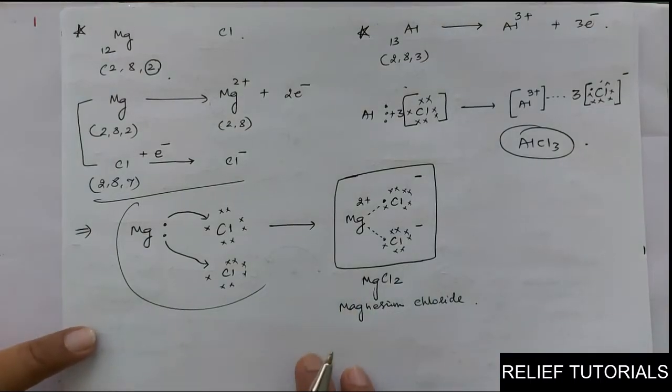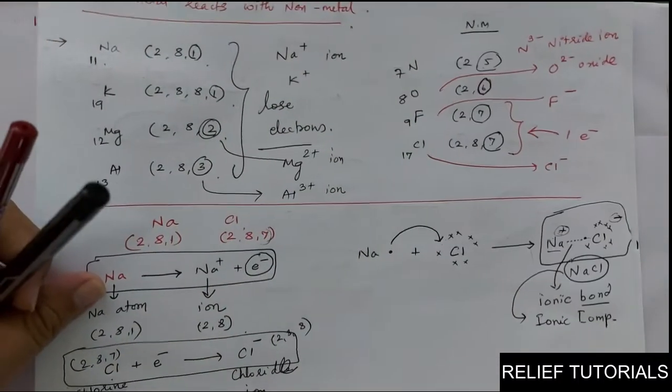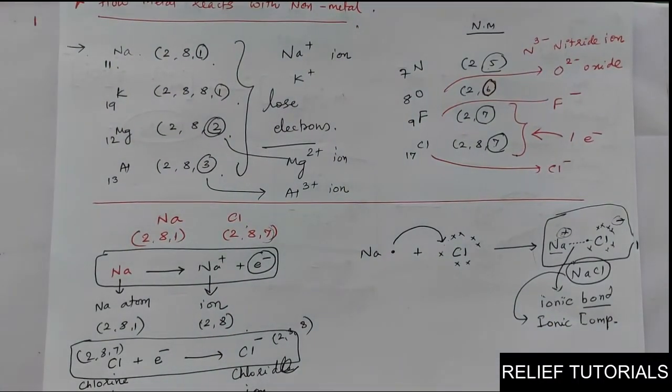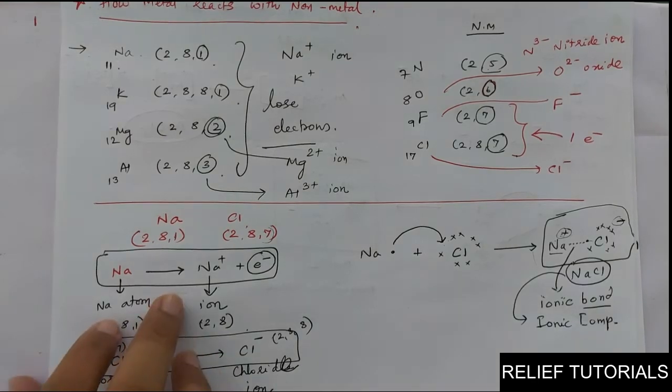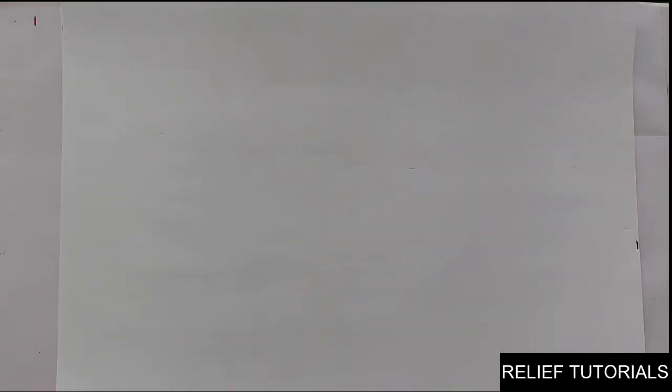Such compounds are called ionic compounds because the bond is formed between positive and negative ions. Let me give some introduction about this bond. This bond is very strong because of the oppositely charged ions. So the compounds formed by such ionic bonds are normally strong, solid in state, because there is a strong force of attraction between atom to atom and molecule to molecule.